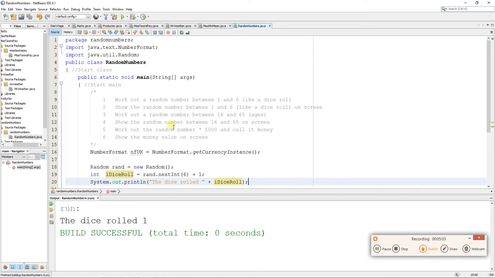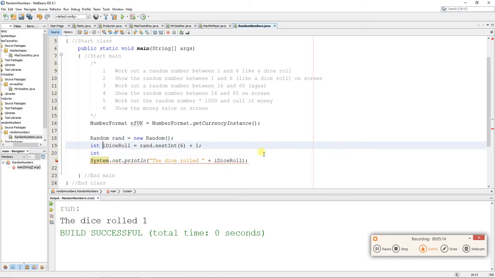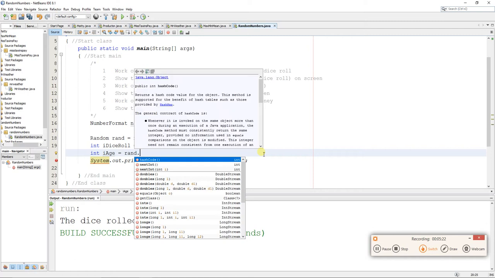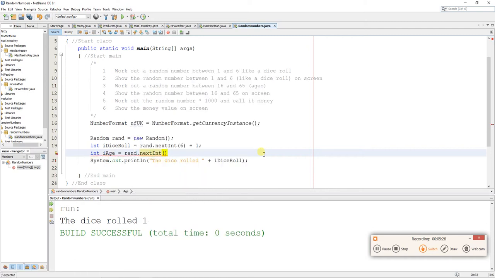So let's accelerate the code. The next one, 16 to 65. Now we know how to do this, so it shouldn't take too long. So I'll put another one in. I like to put all these things together. So int, and I get rid of that little space there. Age equals, guess what? I could use rand again, couldn't I? Rand dot, and it says nextInt, right? And then numbers. So I know that the highest one is 65, right? And then plus, and then